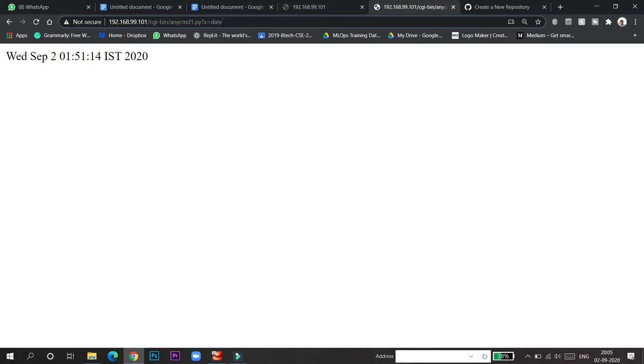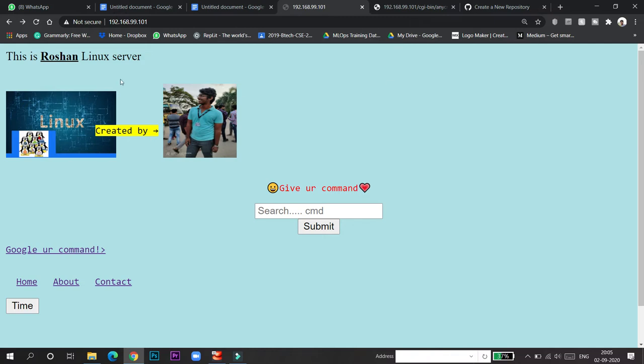So what I did is, for a non-technical person, I developed a front end and linked my /var/www/html folder, which is what the HTTP server supports, to the CGI bin folder, so that when it asks to write the commands, it will go through the CGI bin and through the Linux server, take the output and show us on the screen. So this is the total front end that I made.